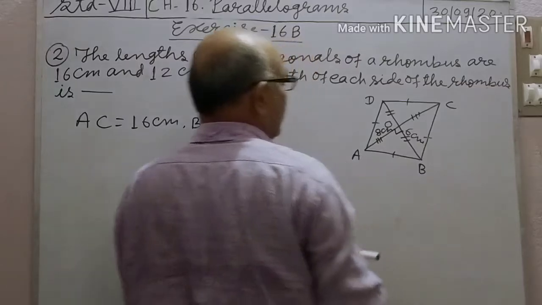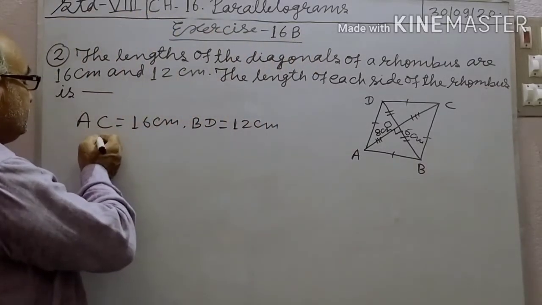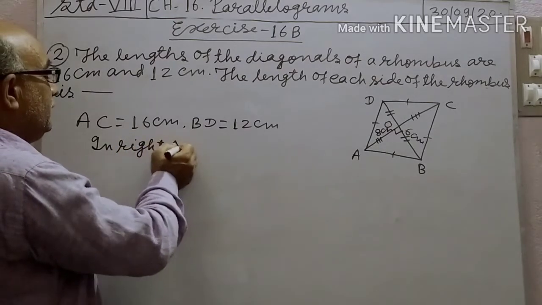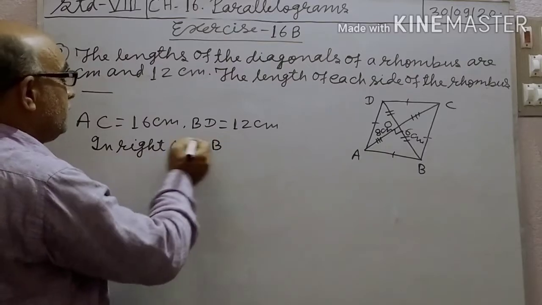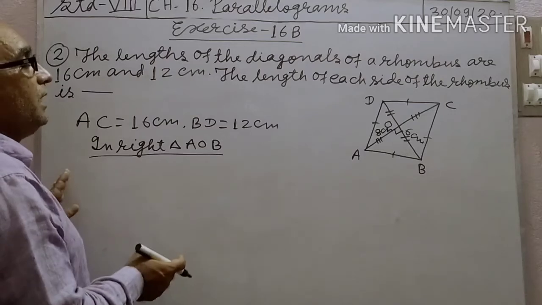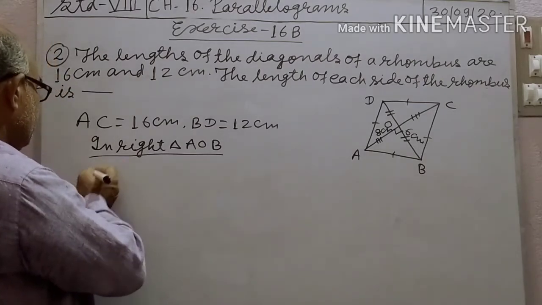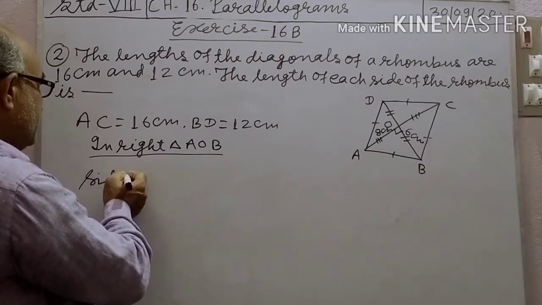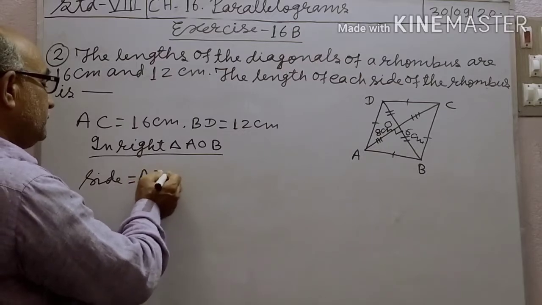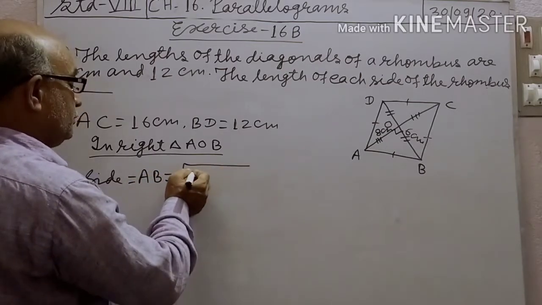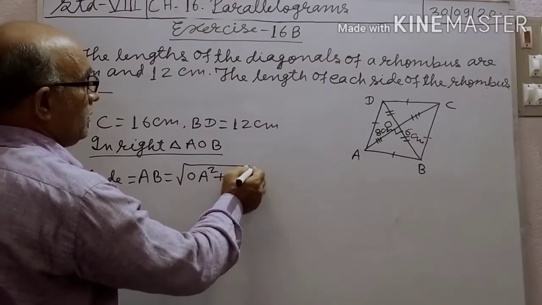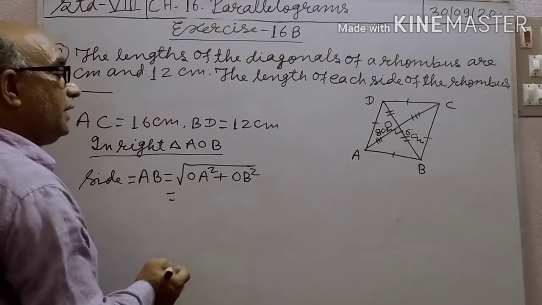Here they form a right angle. So in right-angled triangle AOB, the hypotenuse is AB, and AB is the side of the rhombus. So side equal to AB equal to under root OA square plus OB square